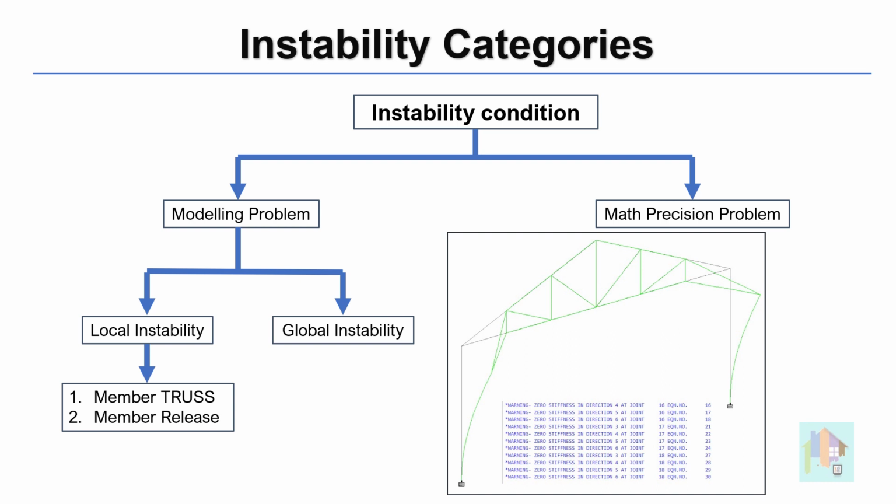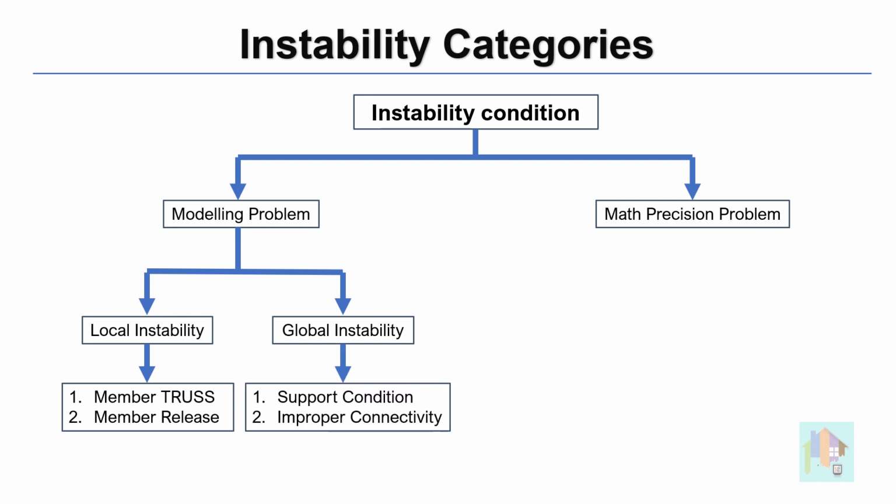When we assign a truss or full release specification, zero stiffness condition appears, and if the load is applied in the zero stiffness direction, nothing can resist that load, which results in large deflection. Also, the applied load cannot transfer to the support, which creates an instability. This is what I discussed in part 1, and this zero stiffness condition is one of the reasons for instability.